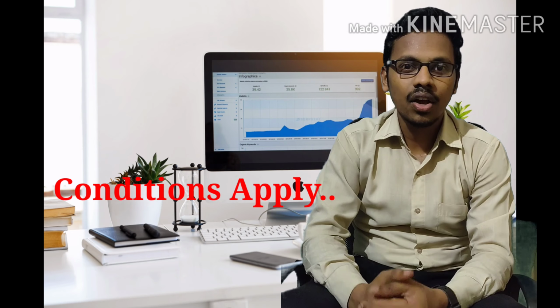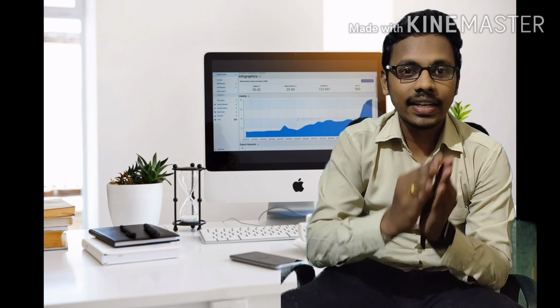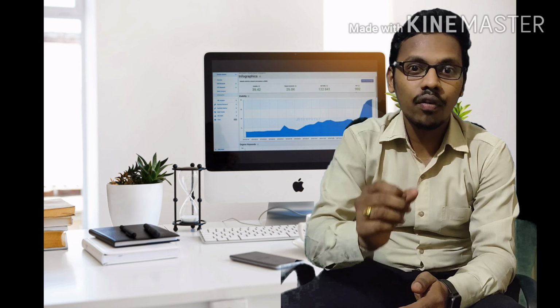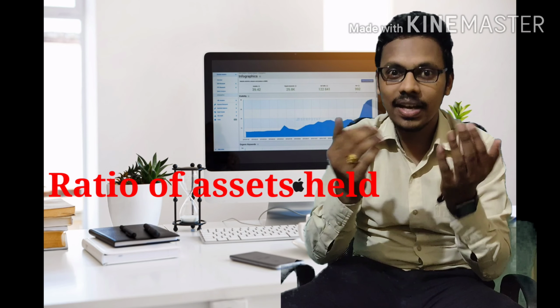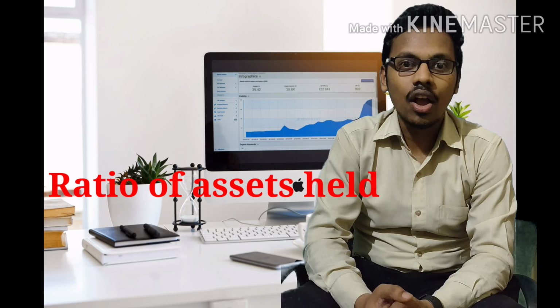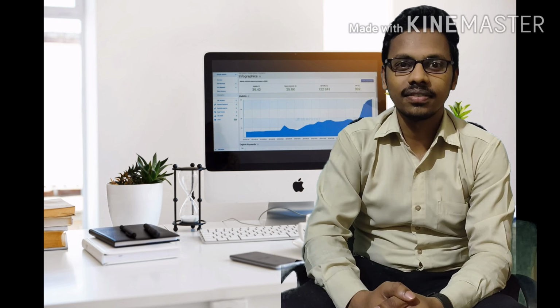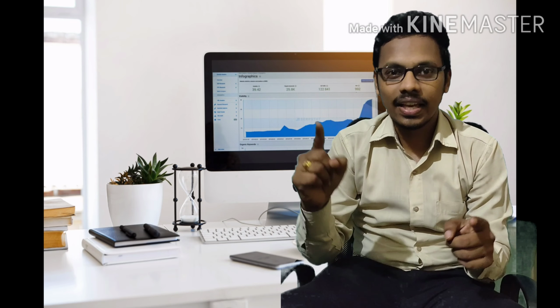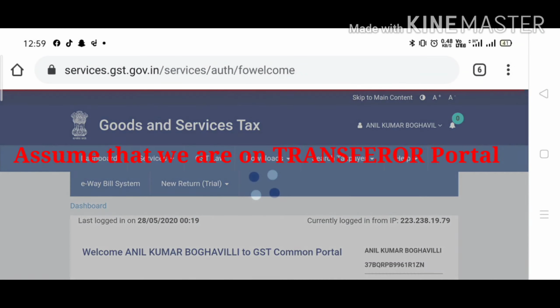The condition is input tax credit has to be transferred based on the ratio of assets held by the entity on the date of separate registration,